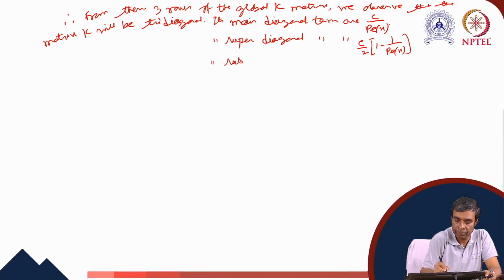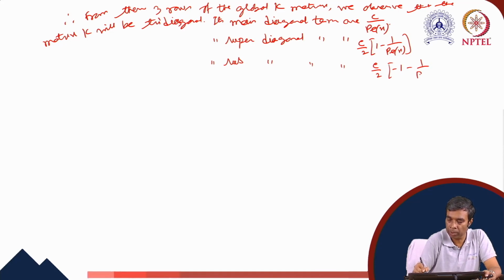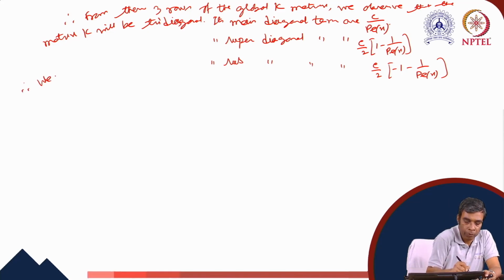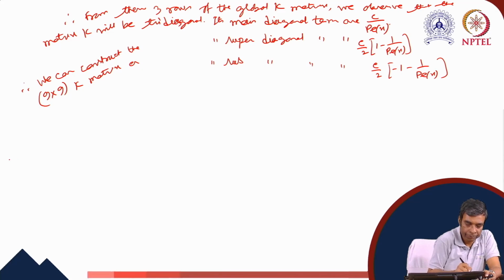Its sub-diagonal terms are C by 2 into minus 1 minus 1 by PEX. Therefore, we can construct the 9 by 9 K matrix as K equals